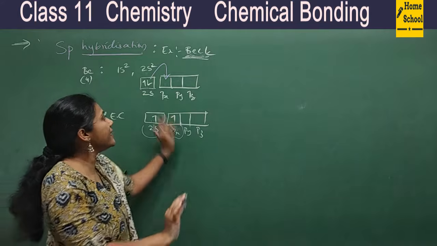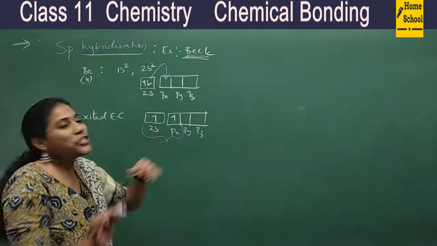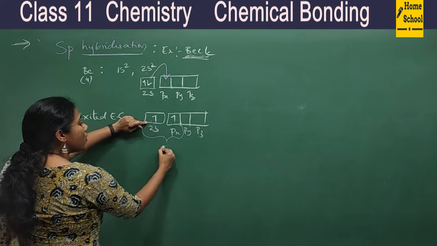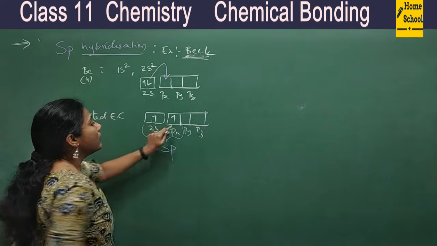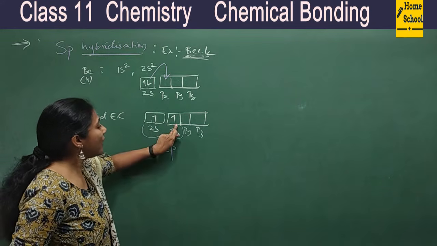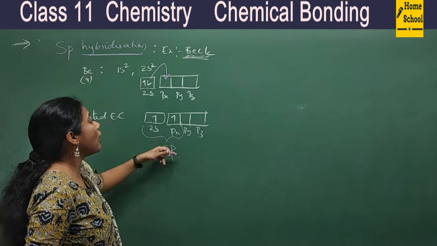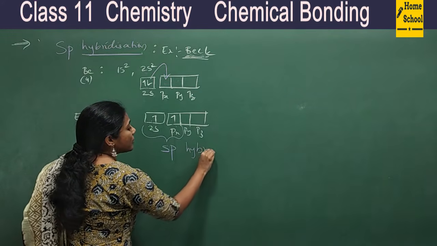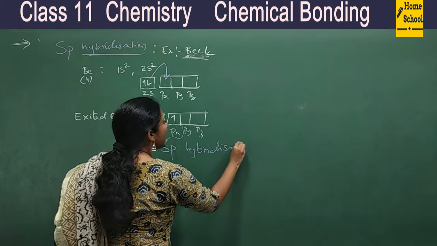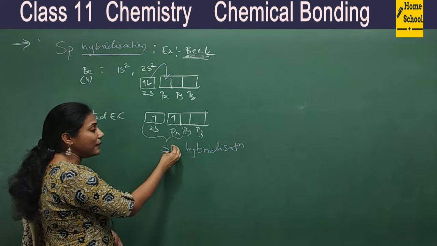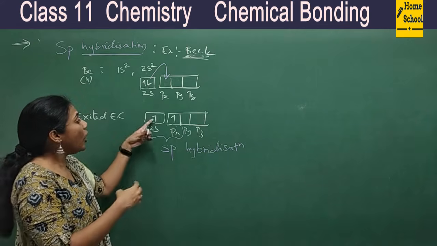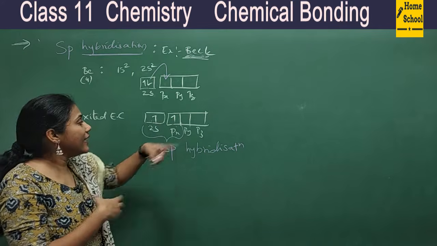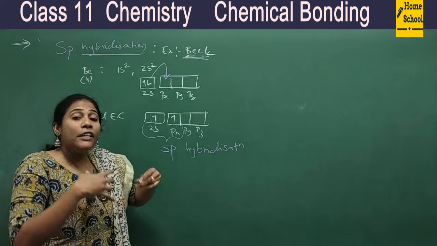I want only two. Two is enough with single electrons. So only these two orbitals will mix. Which are the two orbitals mixing? The s orbital is mixing with a p orbital. One s orbital is mixing with one p orbital. This intermixing of an s orbital and one p orbital is called sp hybridization. So in sp hybridization, one s orbital and one p orbital are getting mixed. On mixing, they are actually redistributing their energy. They are sharing their energies equally. So they are becoming new,